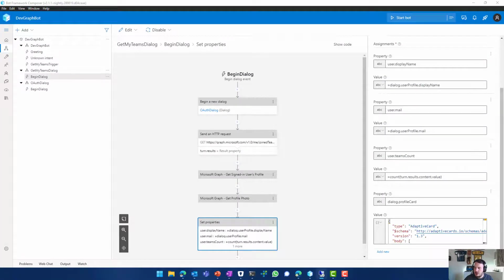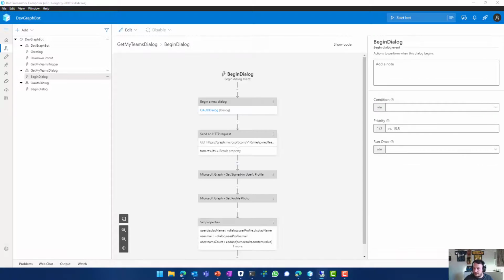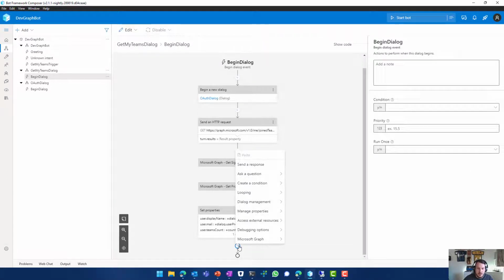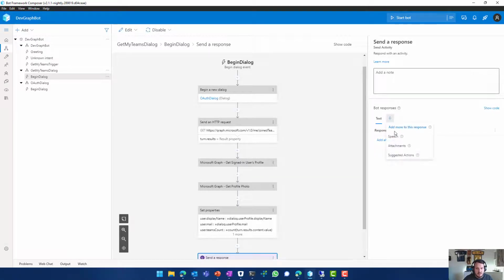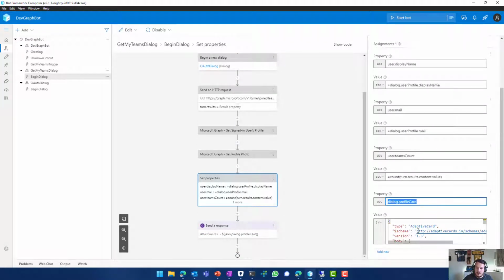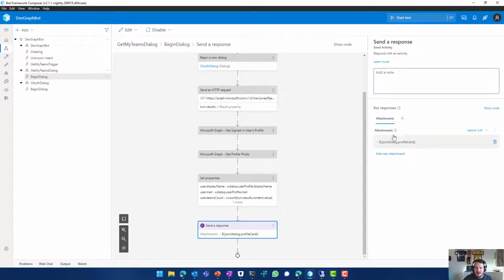Going back to Composer, what we can do now is respond to the user whenever he asks for his team's information with an adaptive card. And to do so, we'll send a response, and the response is not of type text, but of type attachment. And we'll add a custom attachment, and we just say we want to get the dialog.profile card, which is our adaptive card, and cast that as a JSON and send it out. As simple as that. So if I now go ahead and start the bot, what I can do right now is,